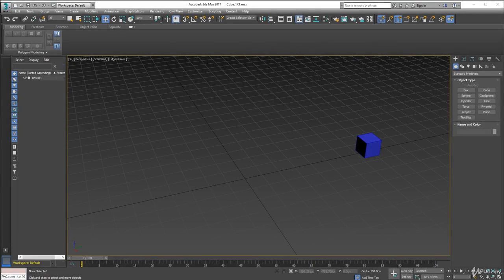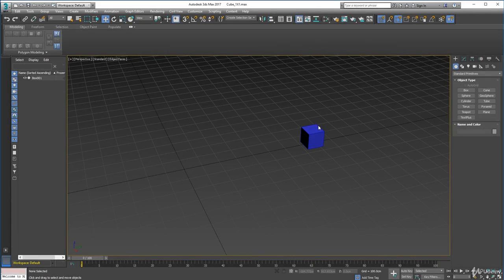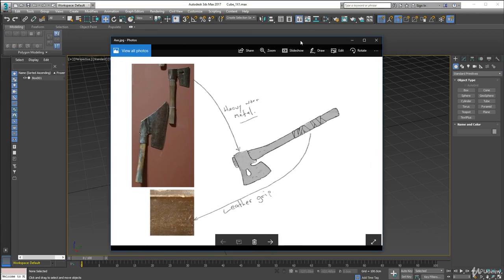And welcome to the next high poly model lecture. Here we're going to model an axe, and here's the blue box to set our scale. Always load that in first just to be on the safe side. So remember this, we drew this as a supplement sketch back when we did our concept, and we're going to